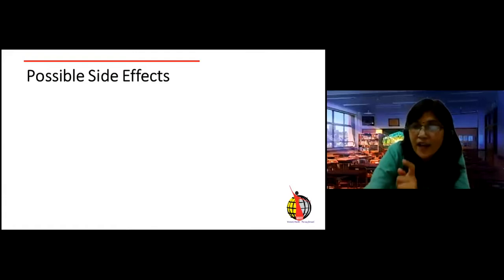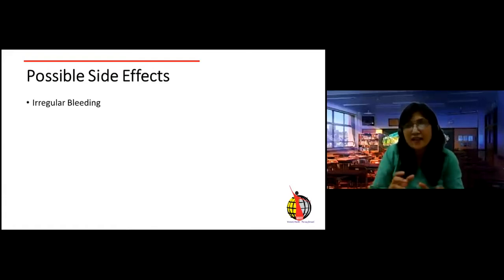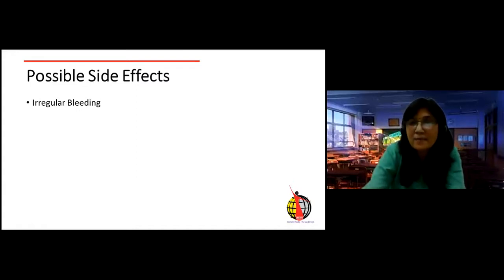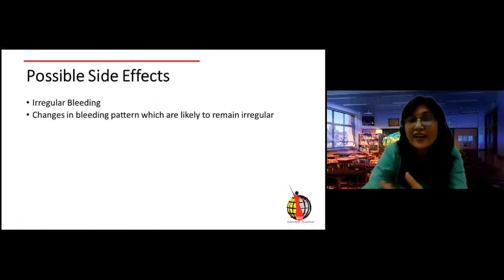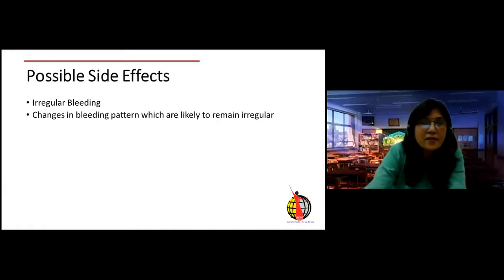One of the side effects which is troublesome, which is worrisome, is irregular bleeding pattern. The patient is not able to tell which is her menses, why she is bleeding so irregularly. So the bleeding pattern changes there, and that is troublesome, and that is why she comes to you again and again, why I am not bleeding or why I am bleeding. Okay, so that type of a little bit of spotting or withdrawal, and she will need assurance that she is not pregnant. So that is why sometimes it is troublesome, but with counseling it will be acceptable.